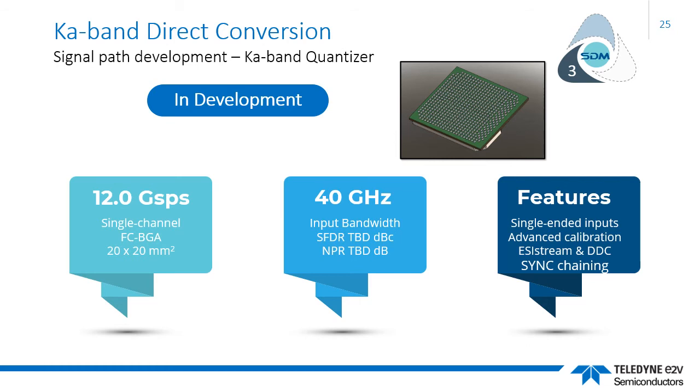In helping customers achieve the goal of flexible SDM applications, this design also offers several simplifying design features, including the adoption of single-ended signal input and clock lines, the inclusion of their license-free Easy Stream high-speed serial data link technology. There's an onboard digital down conversion module. There's also the availability of the unique sync chain feature that ensures deterministic multi-channel array sampling, which is of significant help to users interested in deploying beam steering techniques.